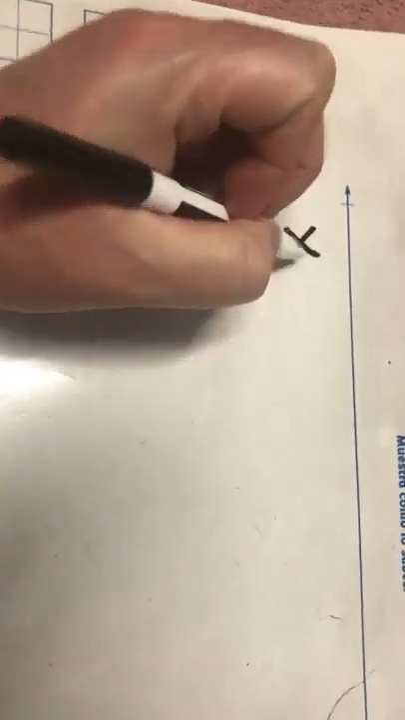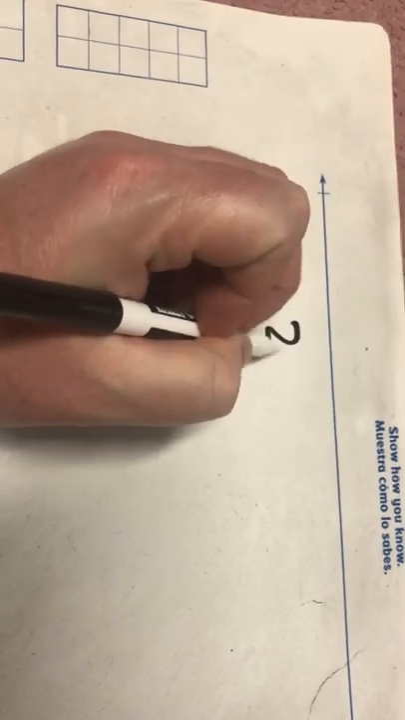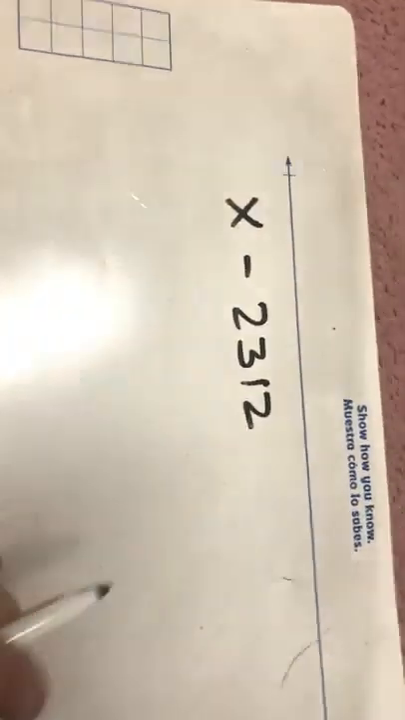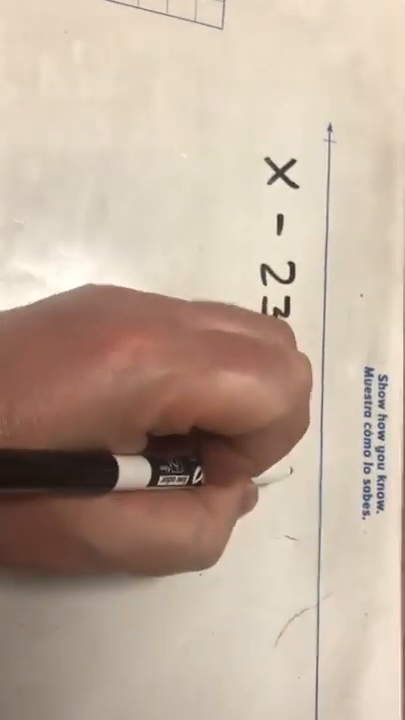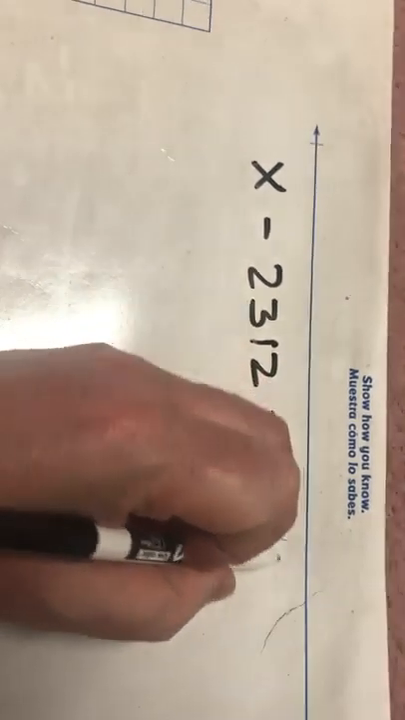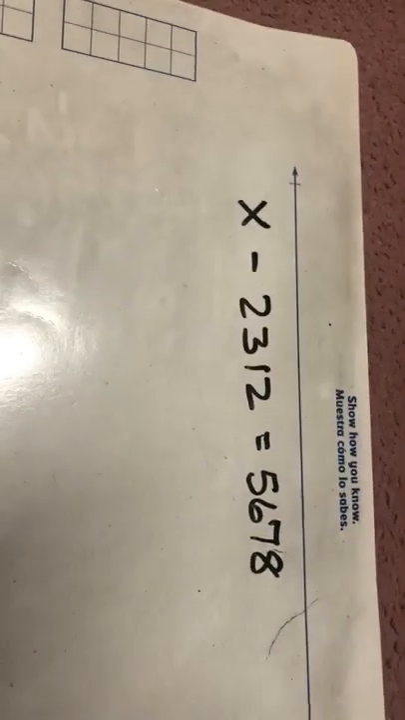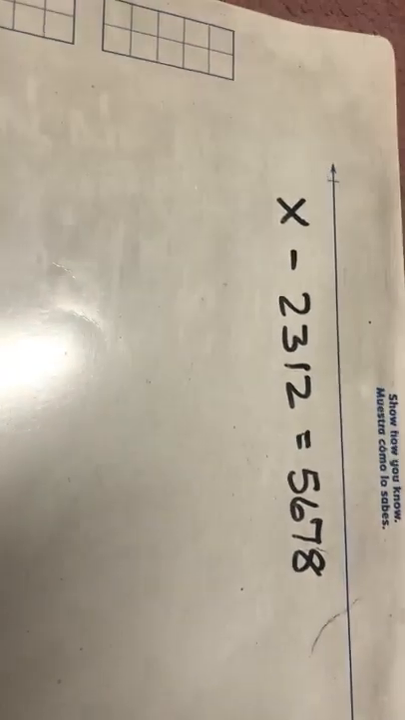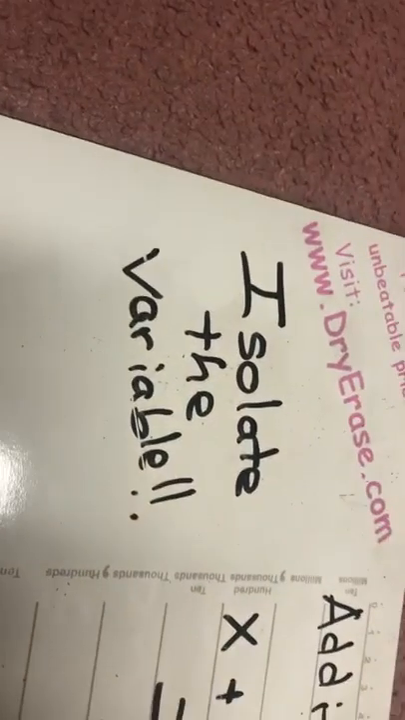All right, let's talk a little bit about subtraction equations. Let's just say, for example, I have x minus 2,312, and that all equals 5,678. This is a subtraction problem. My job is still the same. I still have to isolate the variable,